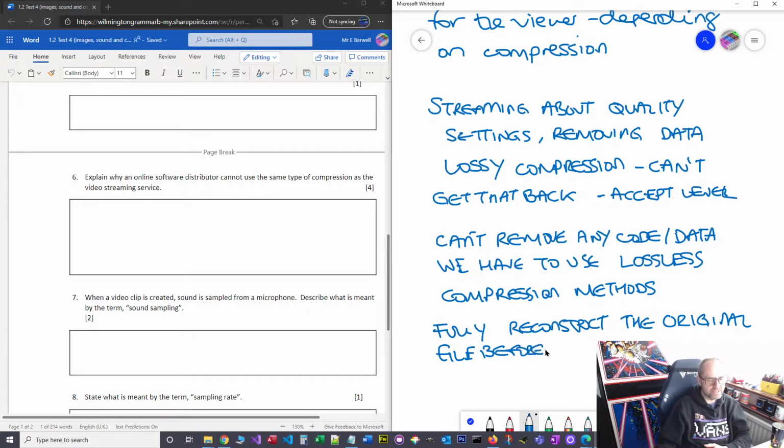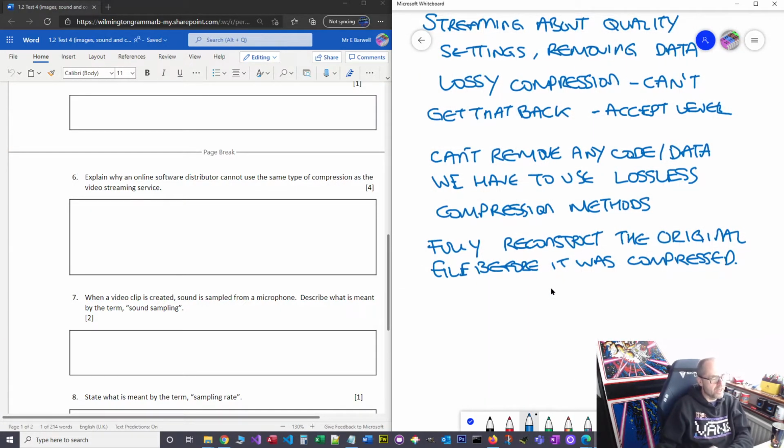So we can always get back. Because it's important. So we cannot use the same methods that we use on a streaming service, or that we'd use for compressing audio, because we're throwing data away. So the upshot of that is that with lossless, you never get as good a compression. So lossless compression